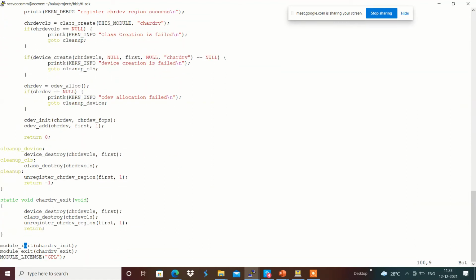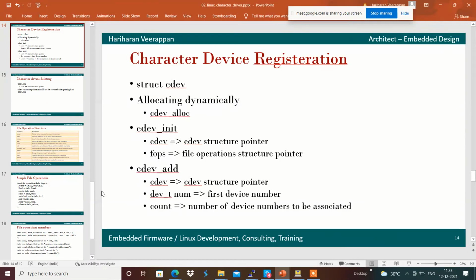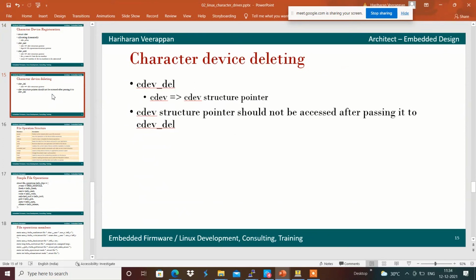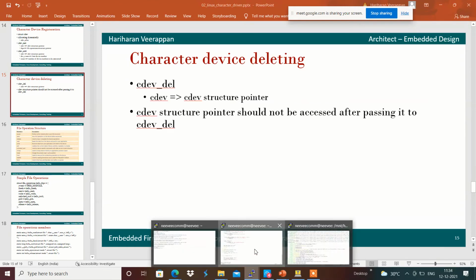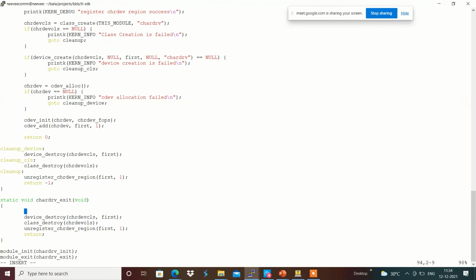And whatever we have added in the init has to be cleaned up properly in the exit. We will do that with the help of cdev_del, which does the complete deletion of the device driver, in the module exit.